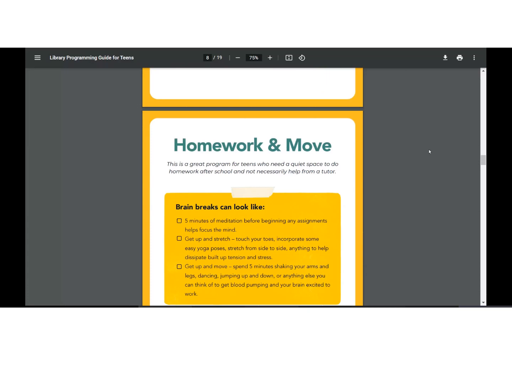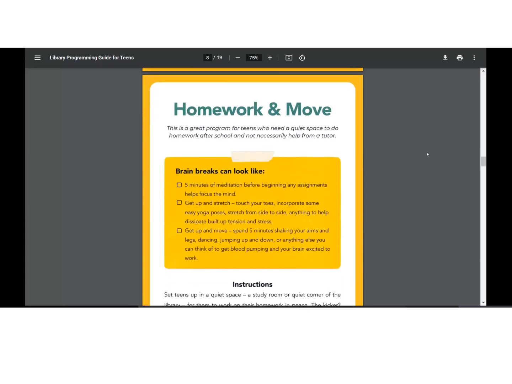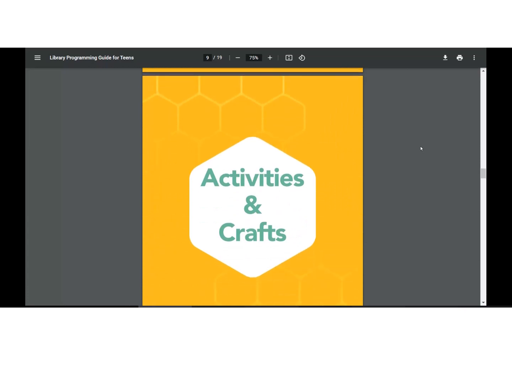And I've also got something about homework and move, because we want to encourage kids to be healthy. Nowadays in a lot of schools, at least here in the US, emphasis is placed on the concept of brain breaks, and I think there is an application for that in a library setting.